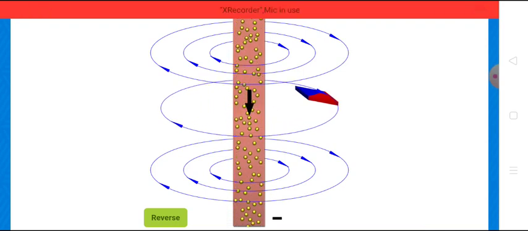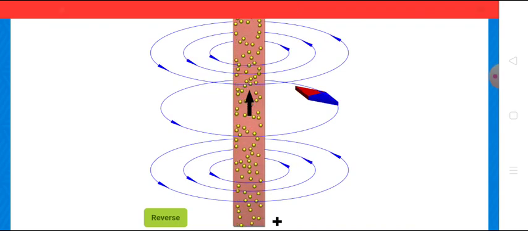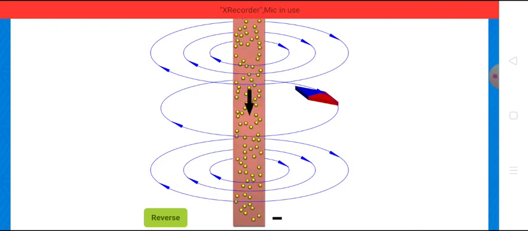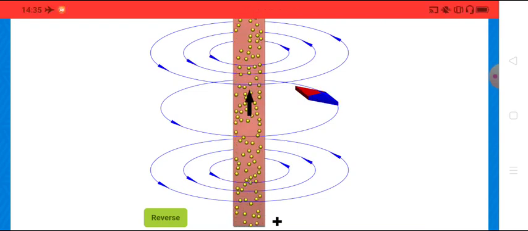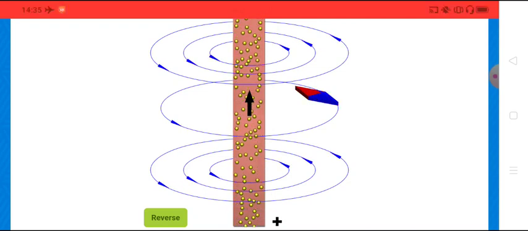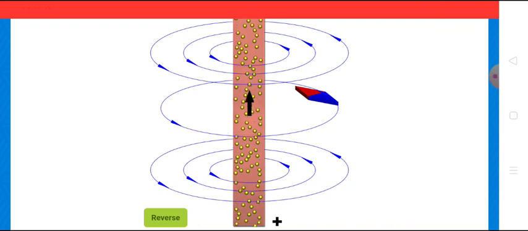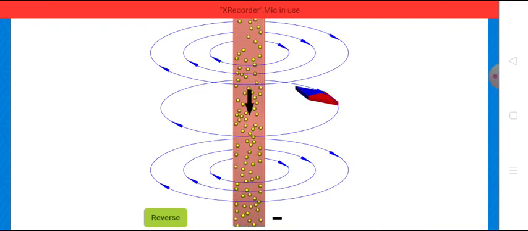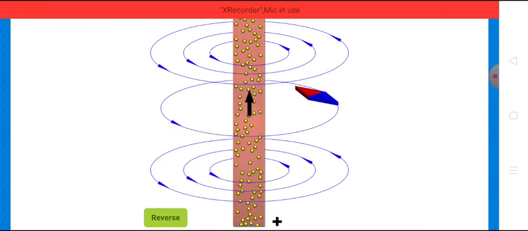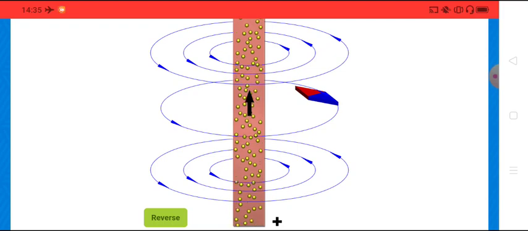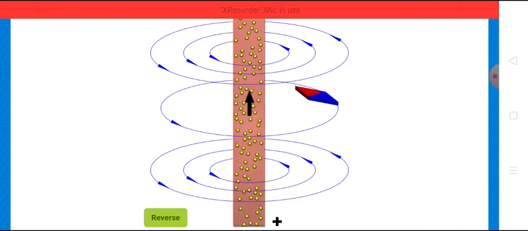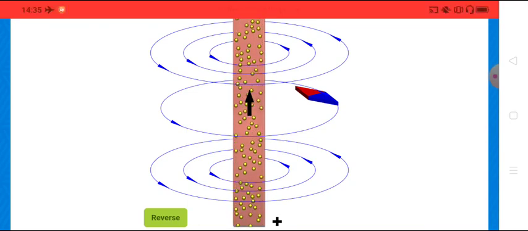Now let us just reverse the direction of current. Now the current is flowing in a reverse direction. Previously it was flowing in the downward direction. Now it is flowing in the upward direction. Can you figure out the difference in the pattern? Just see the deflection shown by the pointer of the magnetic compass. That is also getting reversed, and so is the direction of the magnetic field pattern. So this means with change in the direction of current, the direction of the magnetic field is also getting reversed.